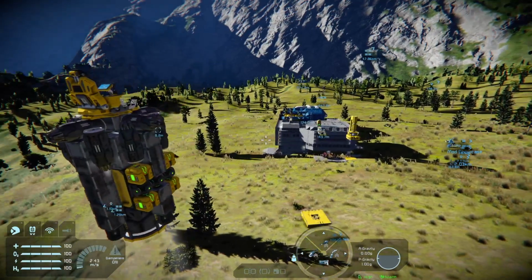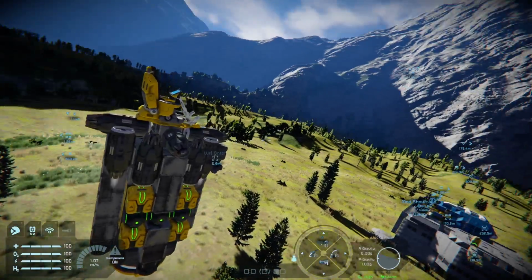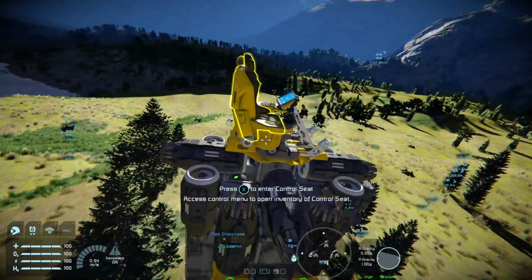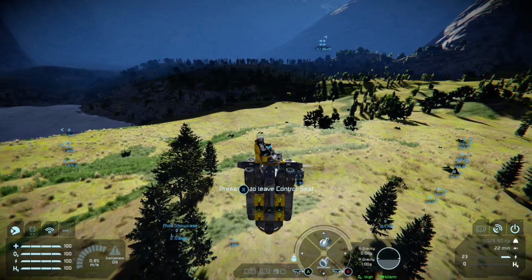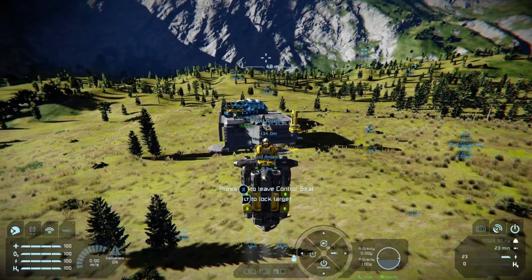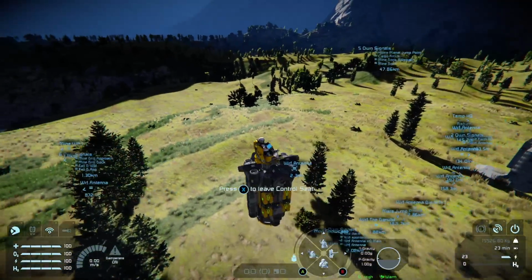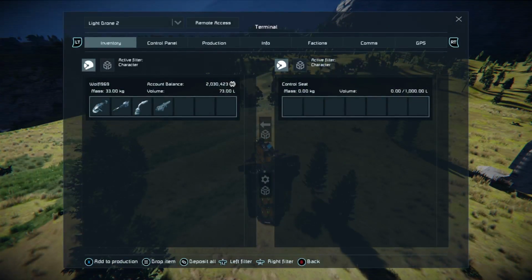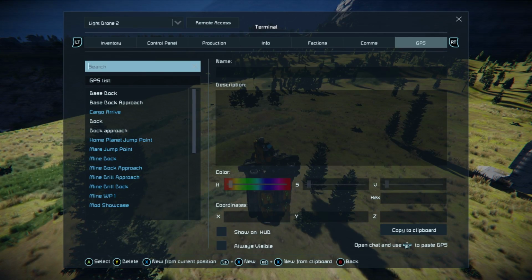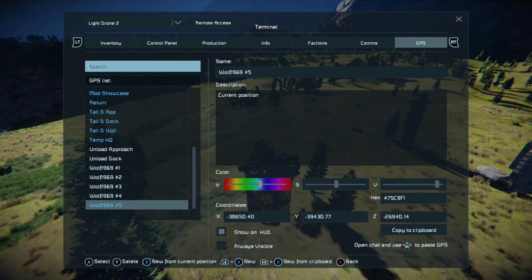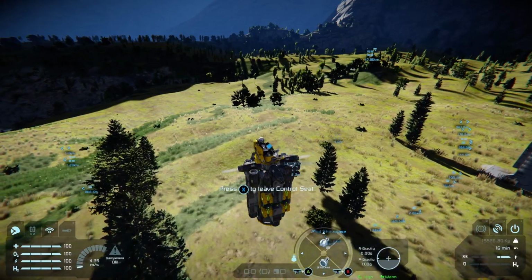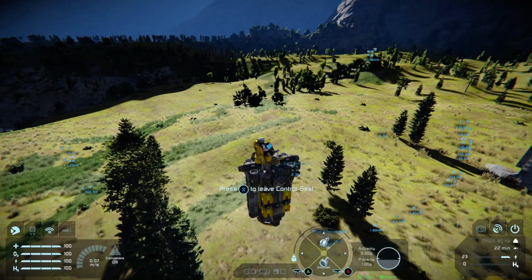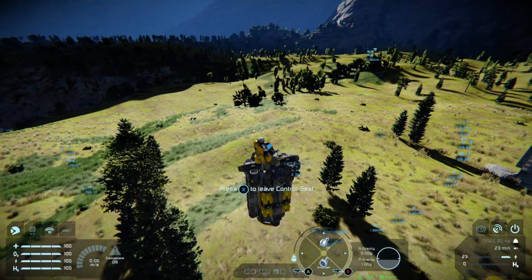Next thing you want to do is you want to know the difference between putting down waypoints for a drone to use and putting down waypoints for you in control. If you're in control like this, for instance, if we go to our inventory and then tap left trigger, we'll go to our waypoint. If we press X, we'll get waypoint 5. Waypoint 5 is put in at the current position of the player. So as we pull back, you'll see our waypoint here is in the level of the player.